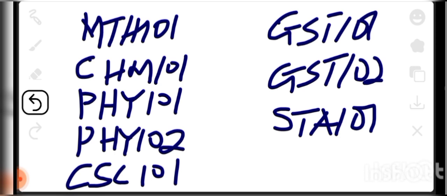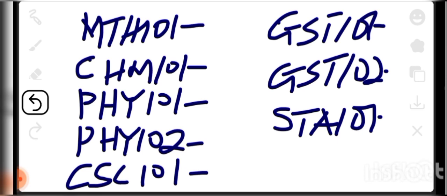To calculate the GPA, what you need to do is to know the respective units of each of these courses you are seeing here. Each course has what we call a course unit. You must know the unit of this one, the unit of this, and so on. Now, let us assume